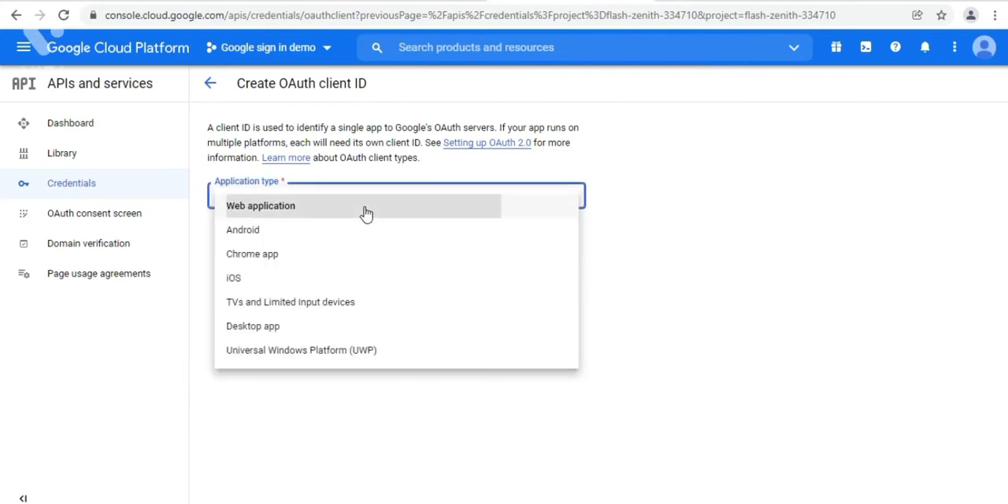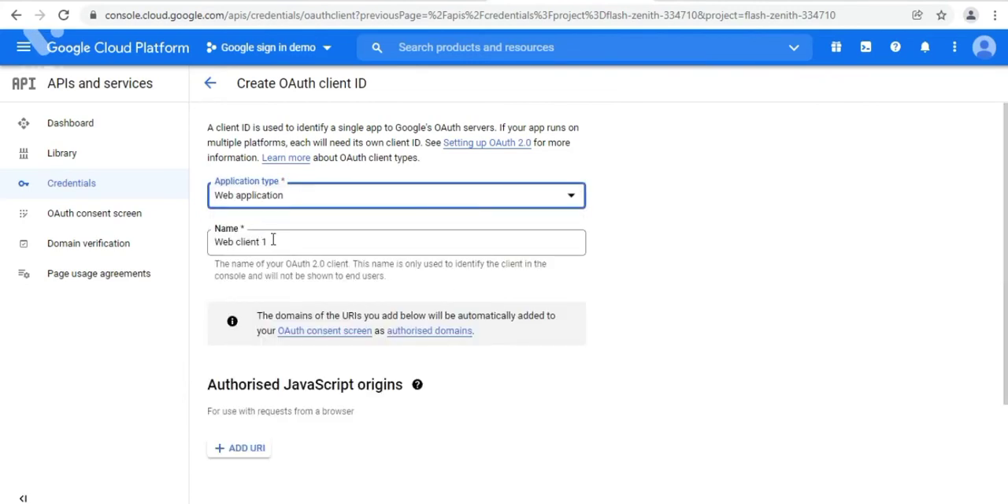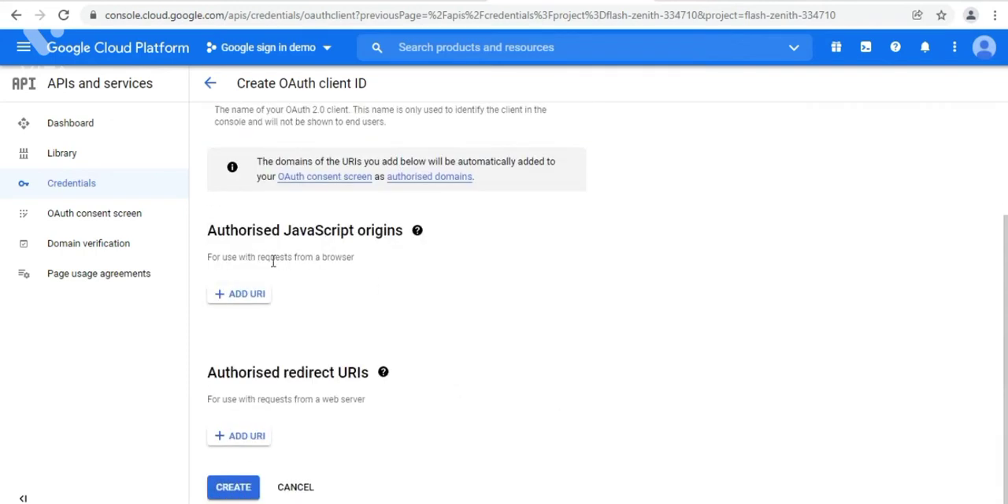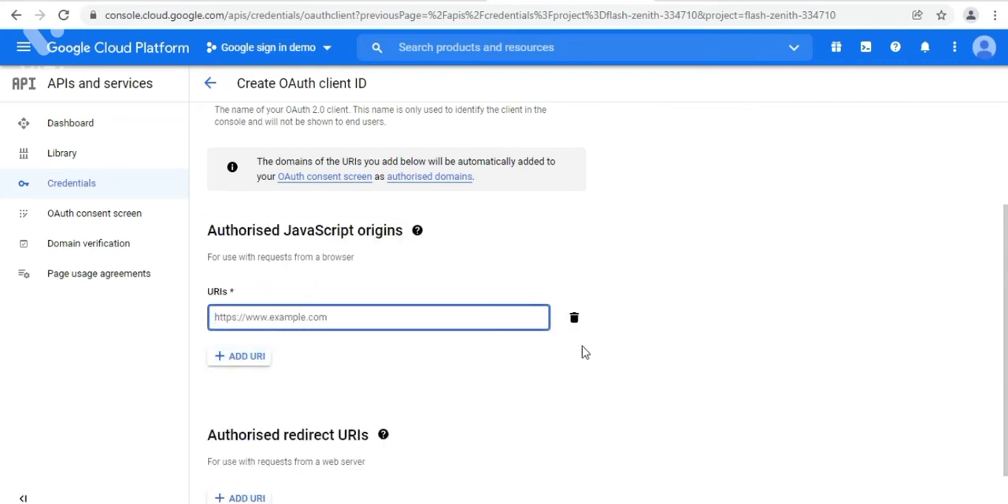Then the application type is web application. This name can be anything. And authorized JavaScript origins, this we have to set up. Click on add URI. Here we have to add the server from where we are making GET request. So let us add the server, the origin which I'm going to use today is http://localhost:5500,